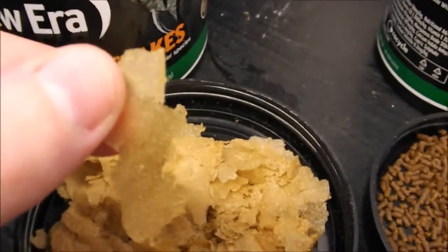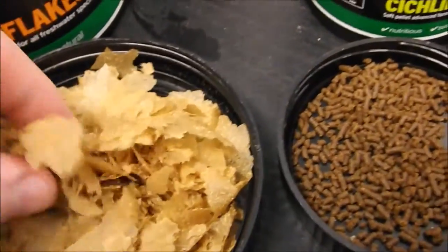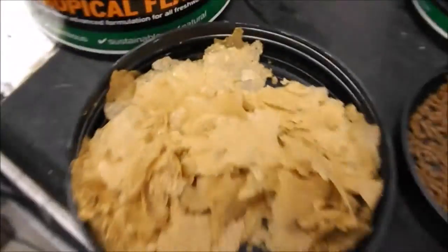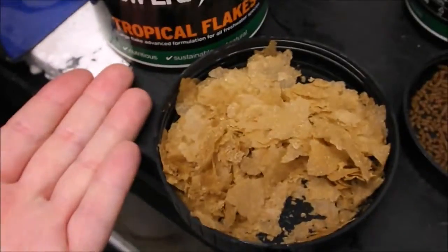That's not even a good size comparison. That was a bit ridiculous. Let's have a gander. No, I've crushed it all. But literally, the flake sizes are about the size of that lid, which is about, you know, there's my hand